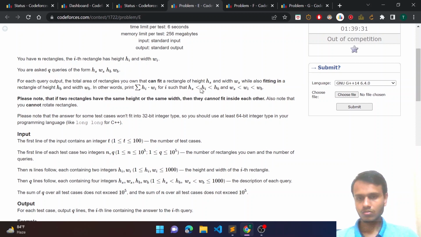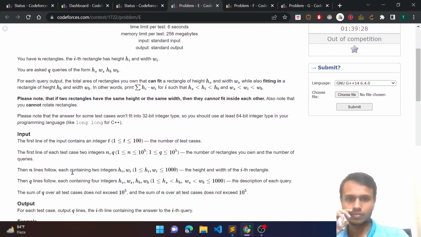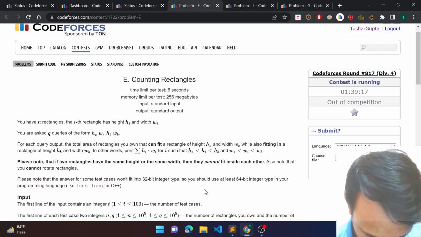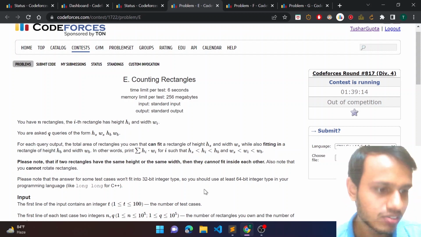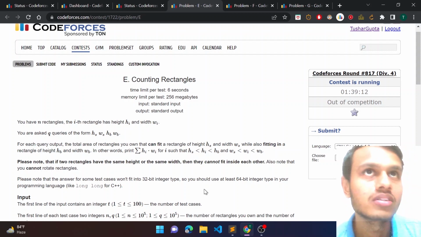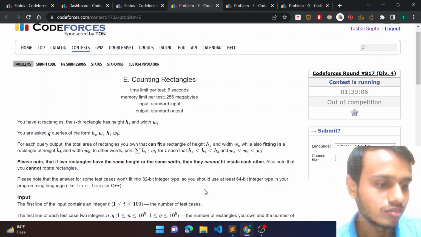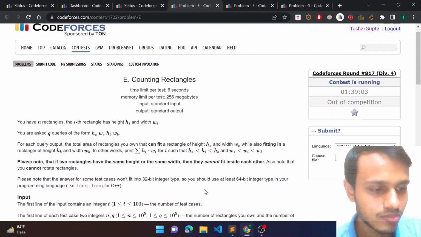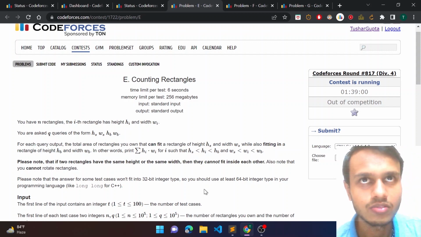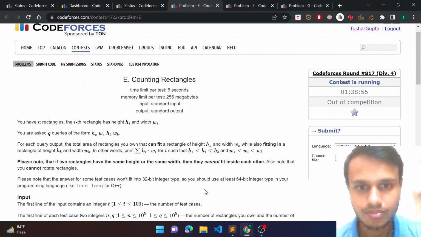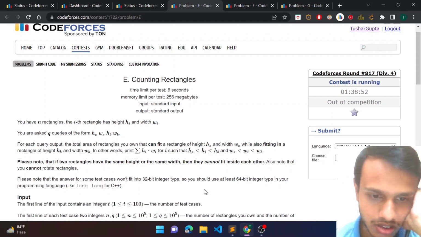Like if the constraint was only on H, then I would have found the answer easily. Or if only W was constrained, then also I would have found the answer. But if both of them are constrained,